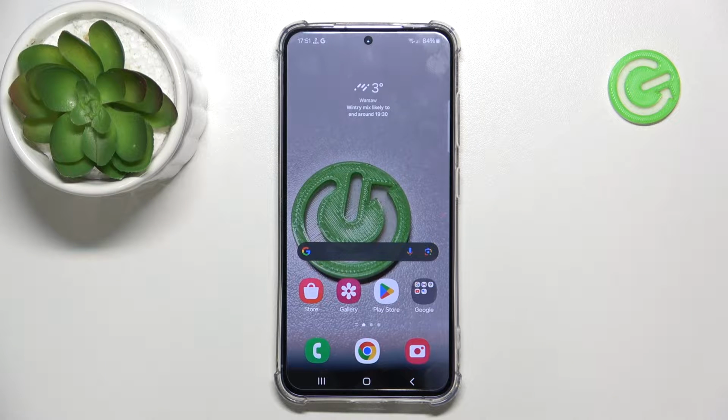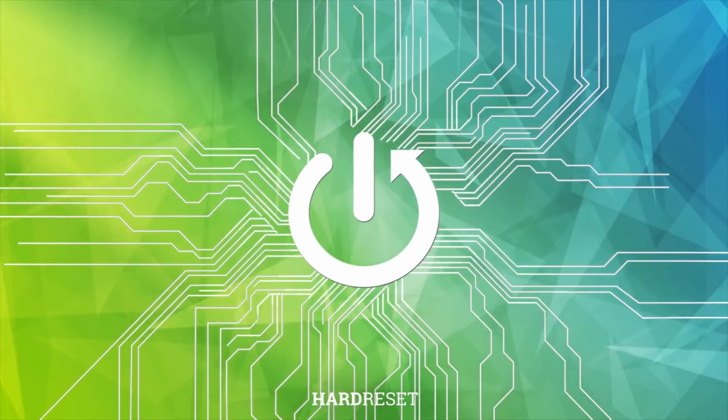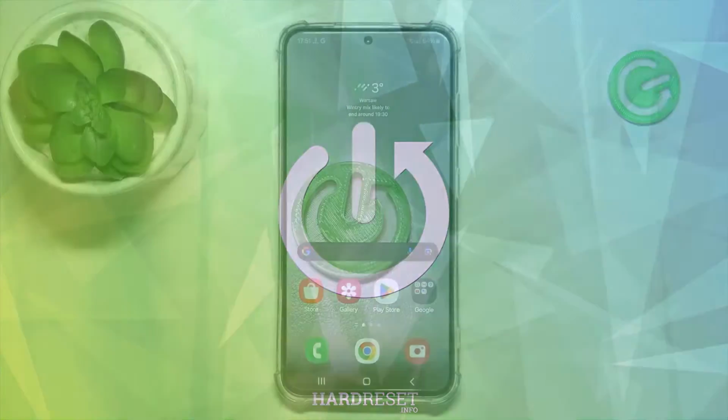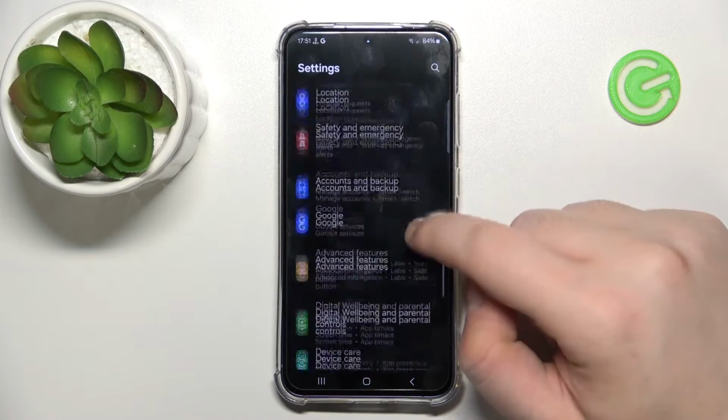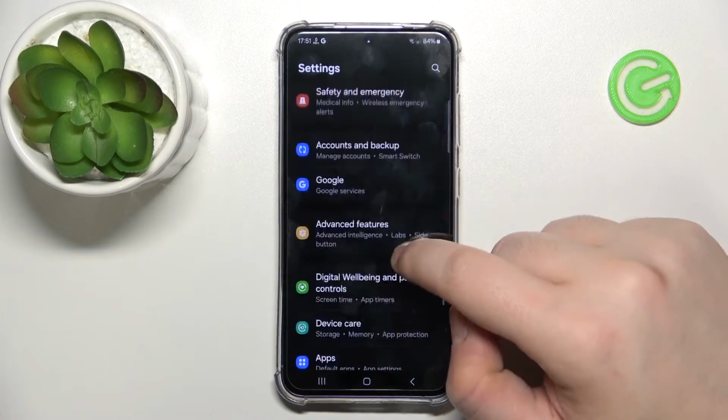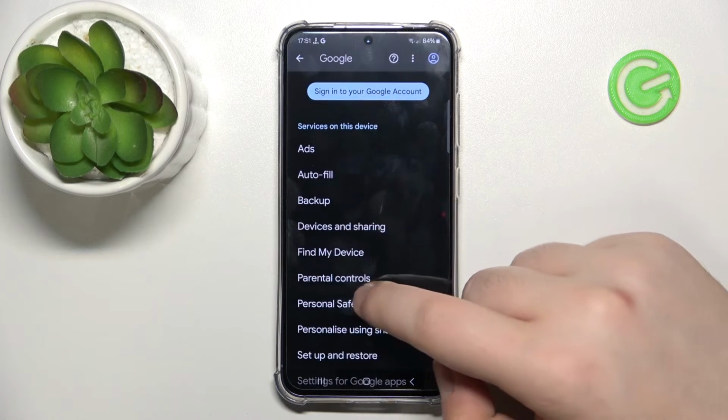Hello, in this video I will show you how to enable parental control on Samsung Galaxy S24. So you have to start with opening your settings application and then scroll down and enter Google tab. Now click on parental controls